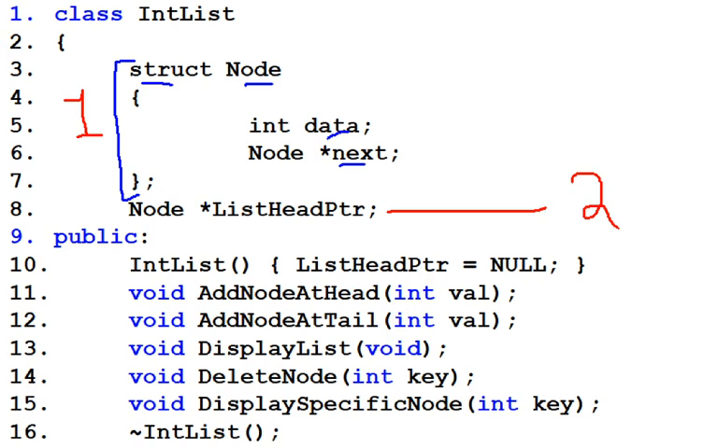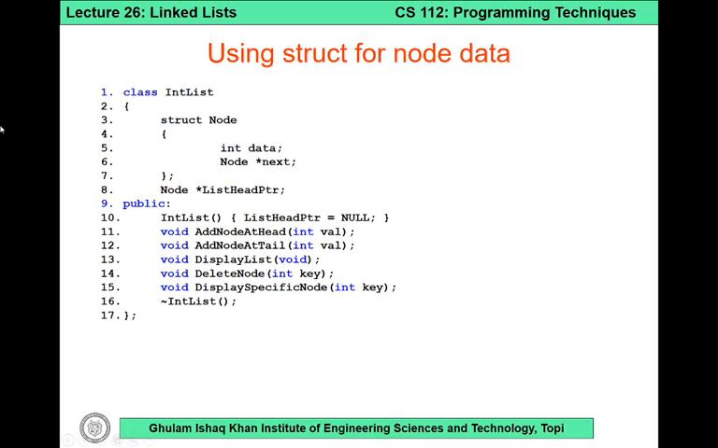And if you see, the name of this variable is list head pointer, and it is of type node. So this will be a pointer which will contain the address of a particular node. Since we know that it will always contain the address of the first node of the linked list, that is why we have named it list head pointer. So these are two variables